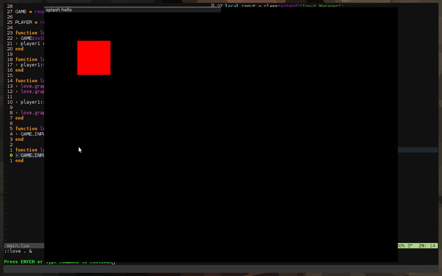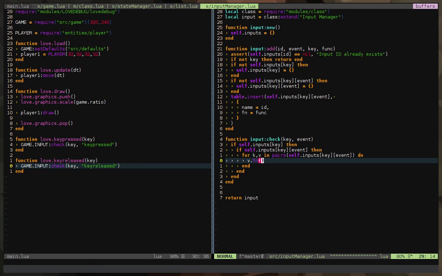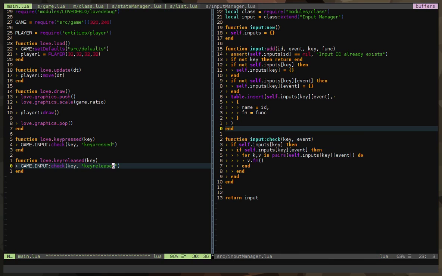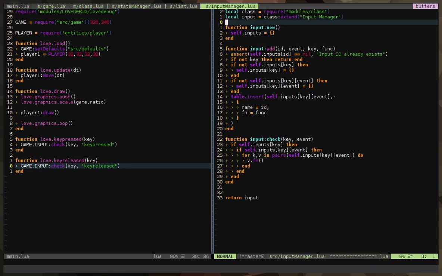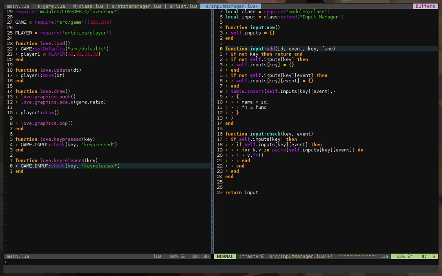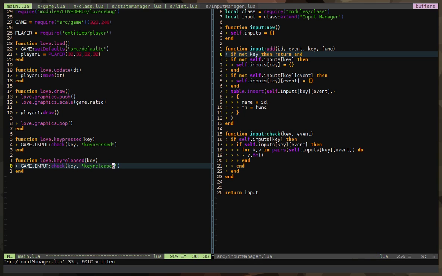If we run this, there's no error, but if we press anything, nothing's going to happen, right? Because we didn't use this input add event yet, so we're going to use that. I think we should remove this assert.